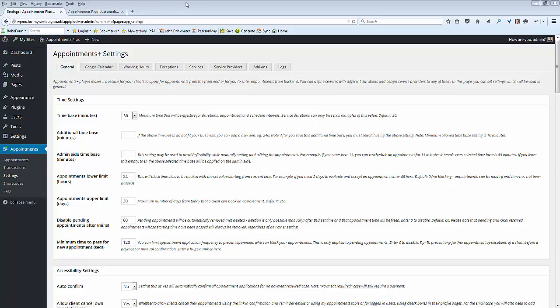Let's have a look at the appointment settings, the time settings in the General tab, which you get to by clicking on Settings, and then they're on the General tab. The first setting is the time base, which is the minimum value of time slots